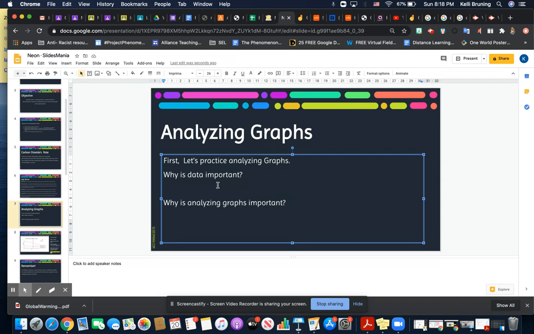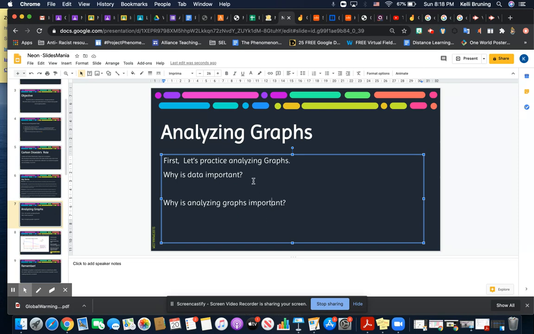So we're going to look at analyzing some graphs, now that we've practiced using Jamboard. What I want to move into is looking at our graphs and reviewing this skill that we were working on last class. So let's practice, and we're going to look at why data is important and why analyzing